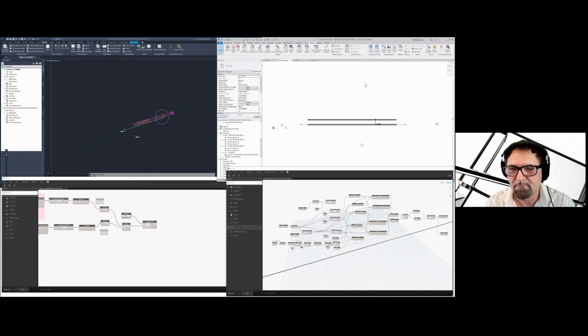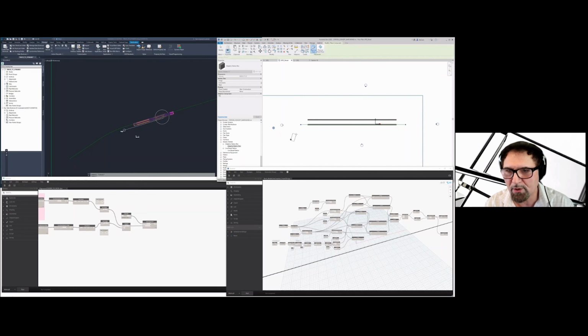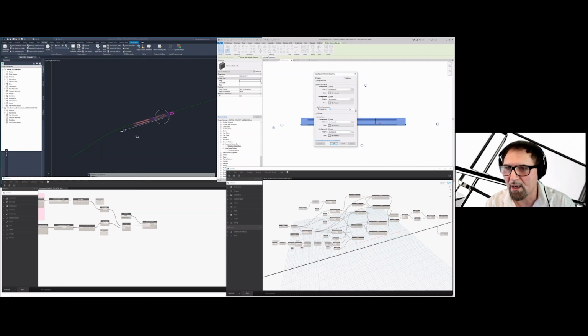So my custom families are already imported into Dynamo. So I'm just going to go find the family. That is the adaptive station box, and drag it over into this model to attach from one end to the other end of that line. Let me just make that transparent so we can see it better. Again, I'm showing the technology here, not necessarily the whole project file. Okay.